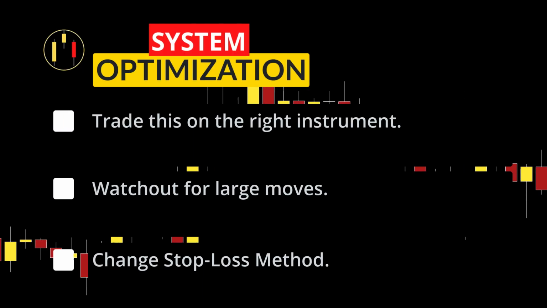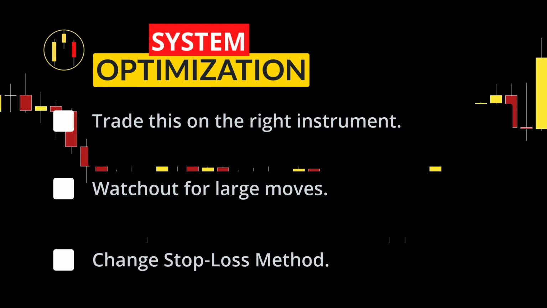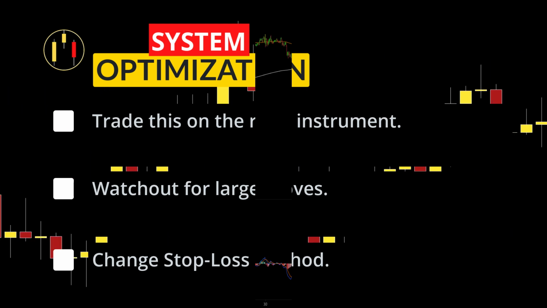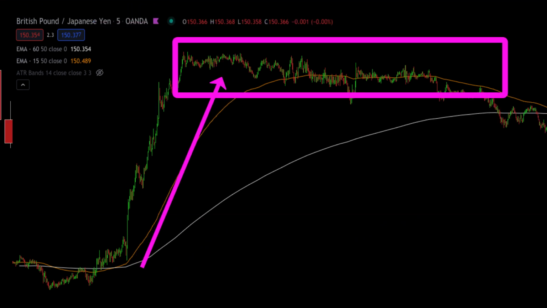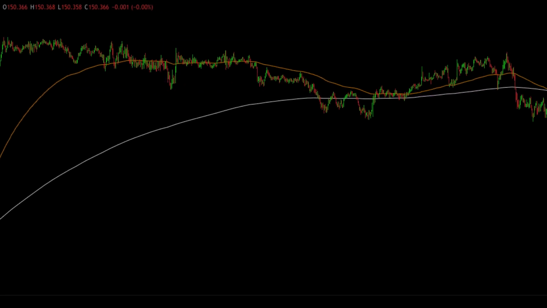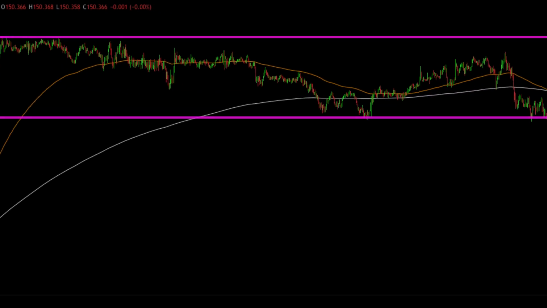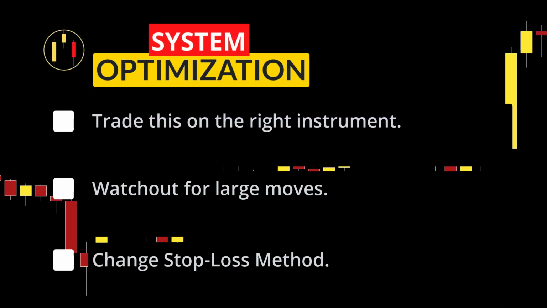The second suggestion is subjective, but divergence is subjective regardless, so I'm going to add it anyway. After you see a huge impulsive move up, a lot of the time there is a consolidation. This is not a time to take a setup. You should wait until the trend continues by creating a new high or a new trend is formed with a break of resistance. The third suggestion is to change the stop loss level.